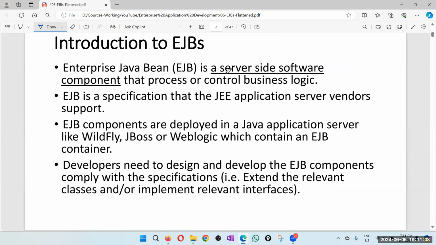So Enterprise Java Bean is a server-side software component that processes or controls business logic. And again, EJB is a specification from Java Enterprise Edition. So it is up to Java Enterprise Edition application server vendors to support it. So just like JSP servlet, where the web containers must support it,